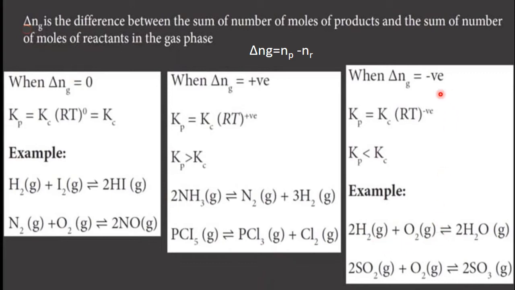Okay, so delta Ng will come with a negative sign, which means Kp is always less than Kc. Here also, if you calculate, delta Ng is a negative value. So these three are the cases: delta Ng equal to 0, delta Ng positive, and delta Ng negative. For this derivation you have to write these three and learn this equation also, because sometimes they may ask for delta Ng equal to 0. For that case write an example like that. So learn all these 6 equations for these 3 cases.